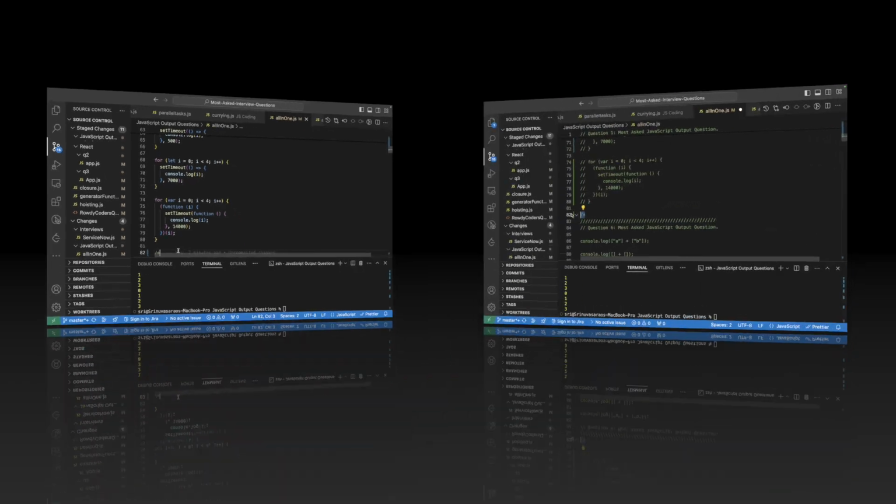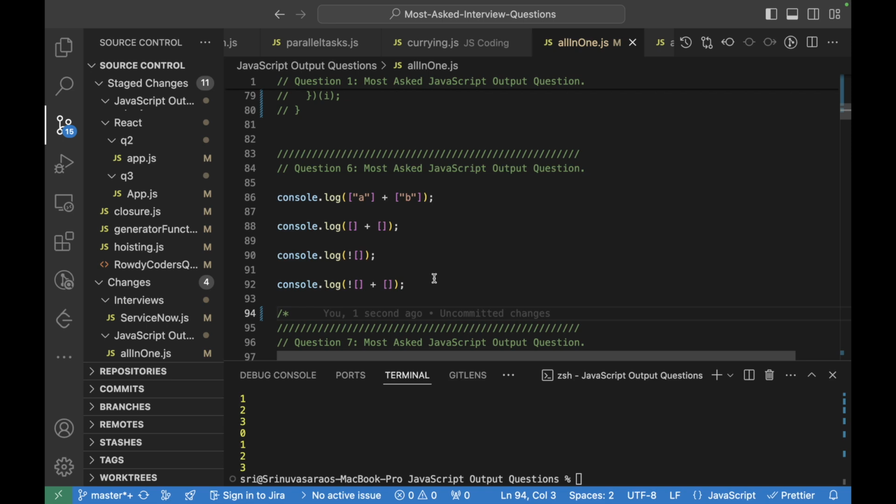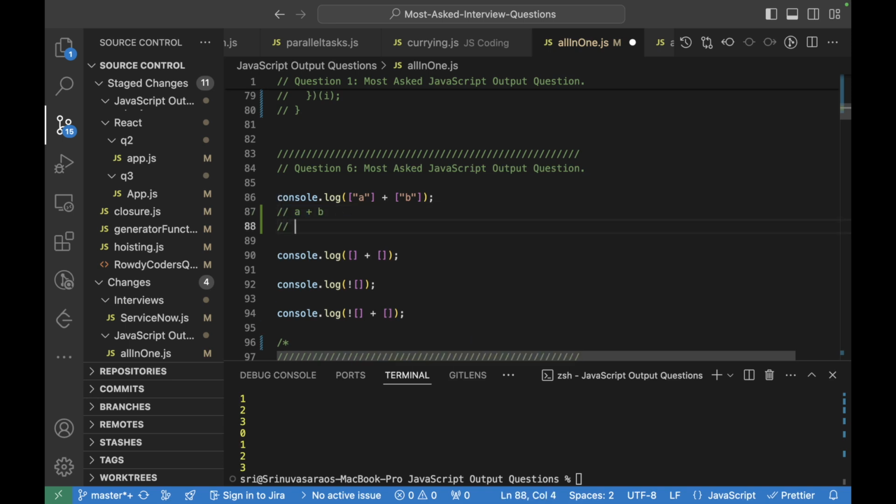Okay, so let's guess the next output question. Here what happens is, when an array is concatenated, this particular array content will be converted to a string. So here this array will be converted to the string A, and then this array will be converted to the string B. Here again a concatenation takes place and AB will be logged in this console.